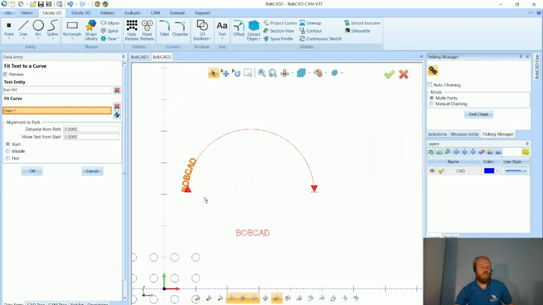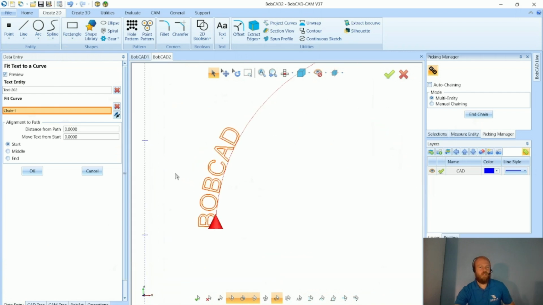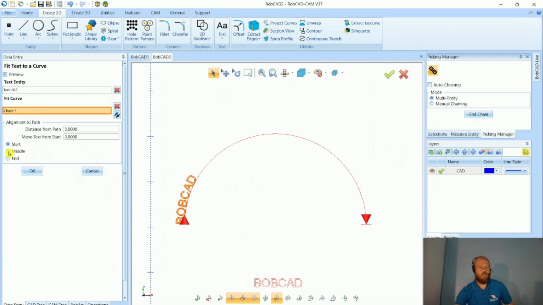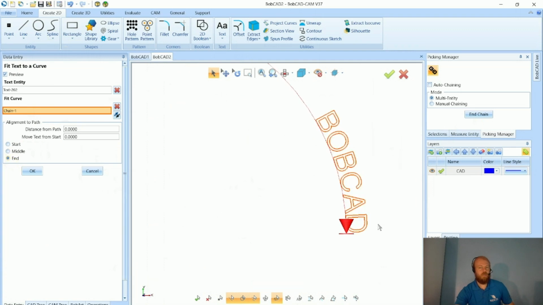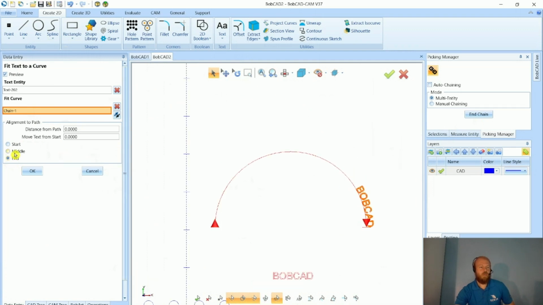And then you can see it follows along the curve that I selected. You can see it's at the start of the arc here with this start option. If I click on middle, it'll move over to the middle of the arc, or end, it will start at the end point there. If I go back to middle,